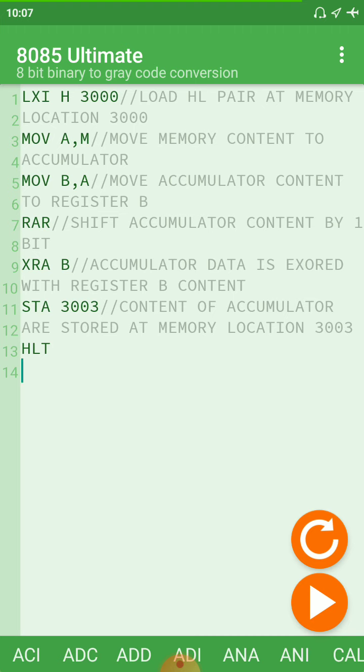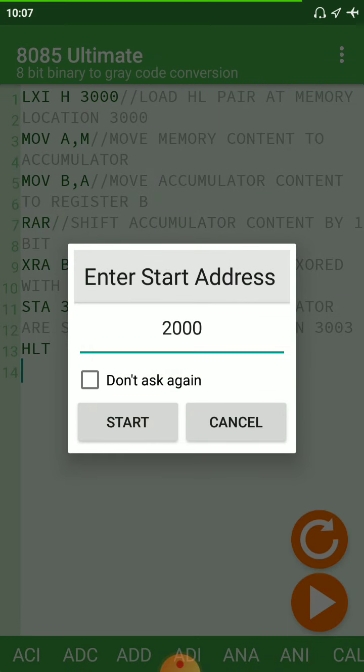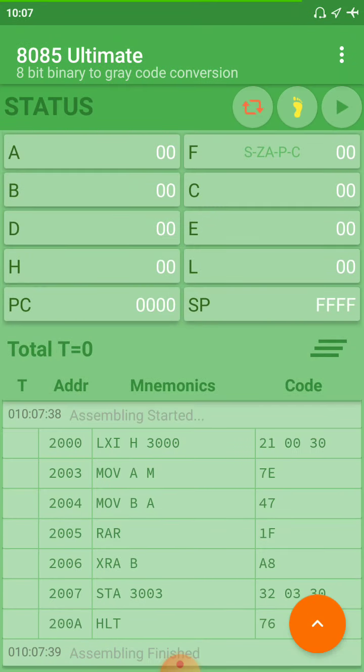Okay, so we will load this at our memory starting address 2000, and this program is loaded. You can check here.